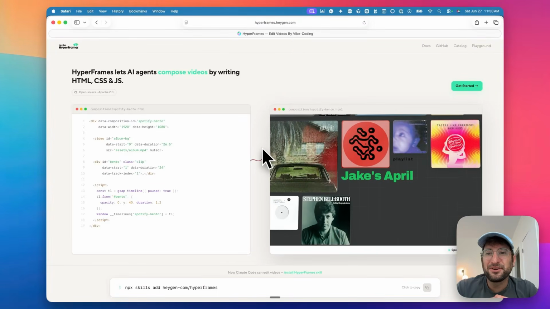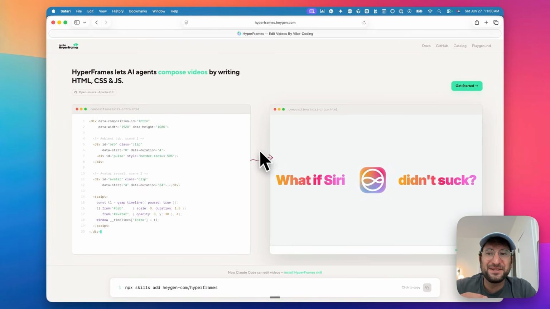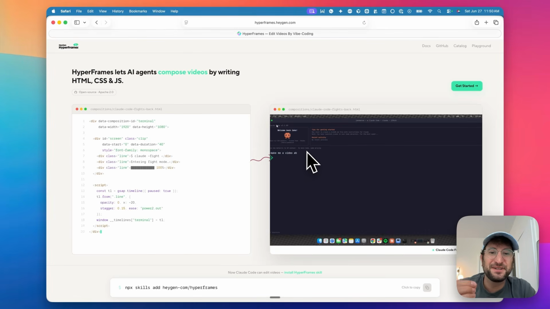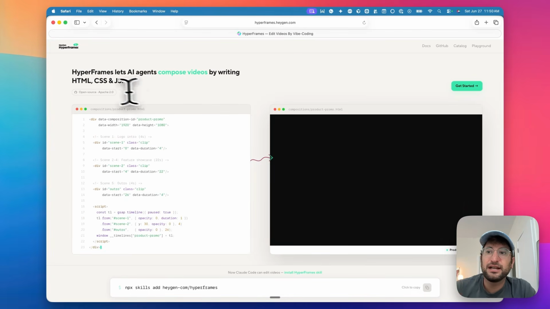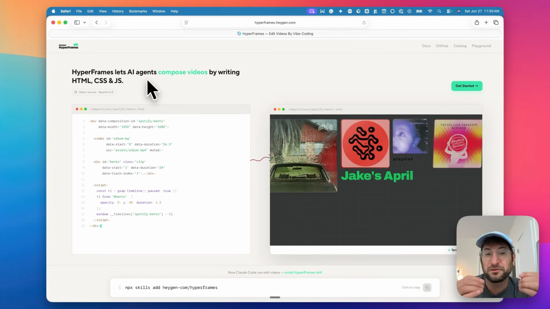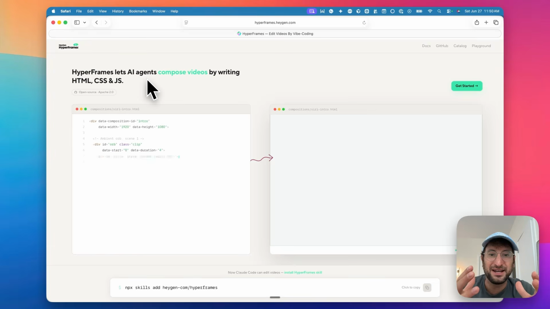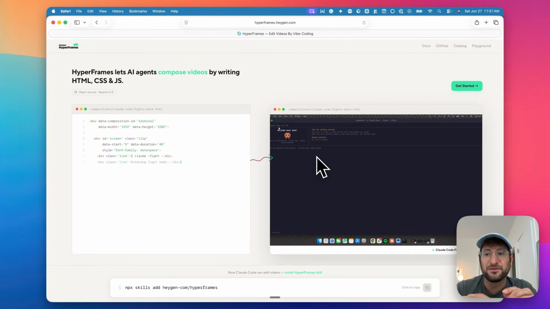In this video, I'm going to show you how to use Codex and Hyperframes to prompt your way to amazing launch videos or any type of videos that you want to generate. It's going to allow us to use AI to write HTML, CSS, and JavaScript to compose videos. And this is one of the things that I think a lot of people don't realize is possible with AI right now. But this example that you see on your screen right now is literally generated by Hyperframes with just